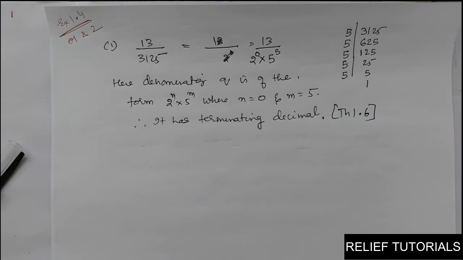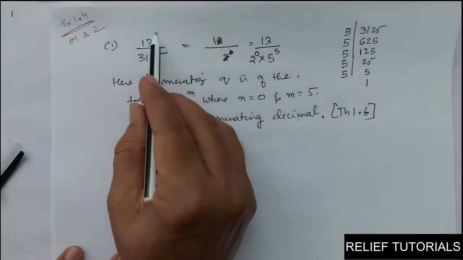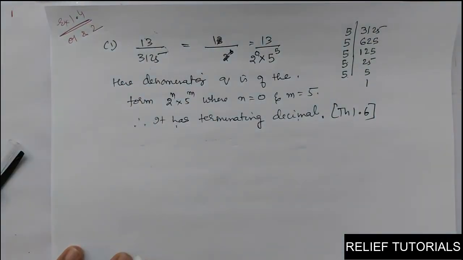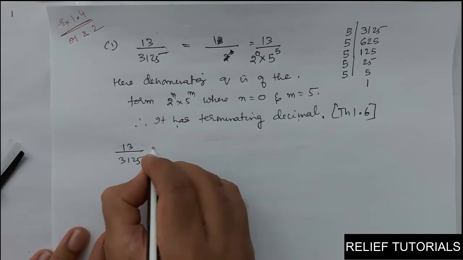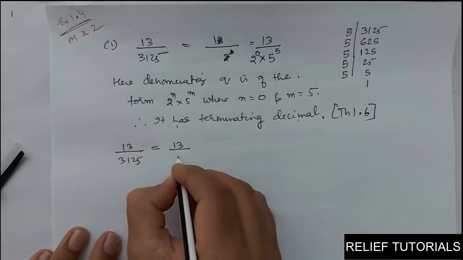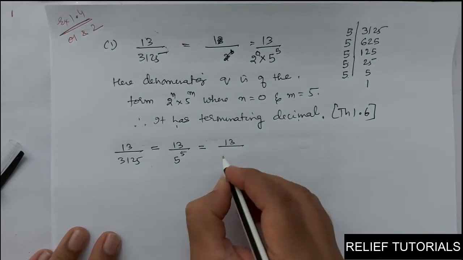Now if you read the second question, you will come to know. See, read the second question, what does it say? Write down the decimal expansion of those rational numbers in question 1 above which have a terminating decimal expansion. So if it has a terminating decimal, then you have to write this p by q in decimal form. Now this 13 upon 3125 equals 13 upon 5 raised to 5. Here we have 5 raised to 5, so I will multiply both.